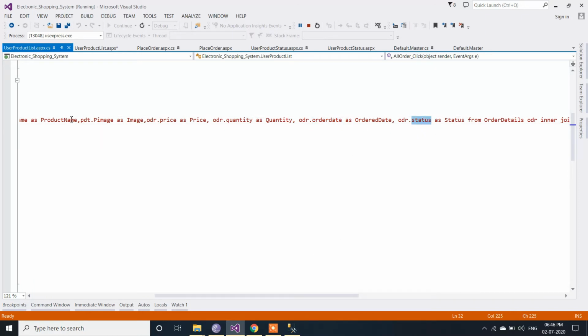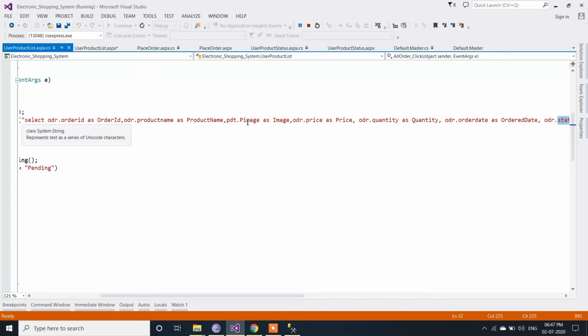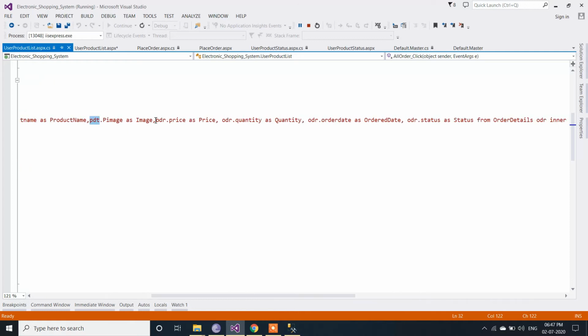All these columns are coming from the same table, just leaving this one, the image, which is coming from the product one table. ODR means order details table here, and PDT indicates the product one table. So from the product one table, only one column we are getting, that is P image, which we have named as image.